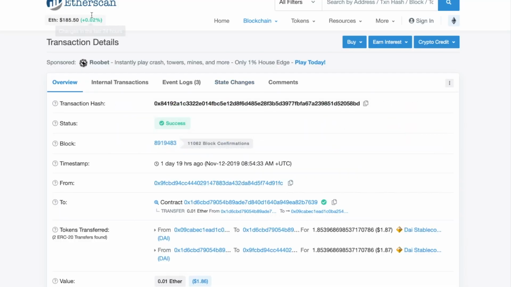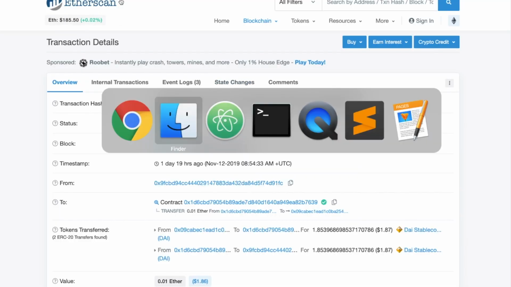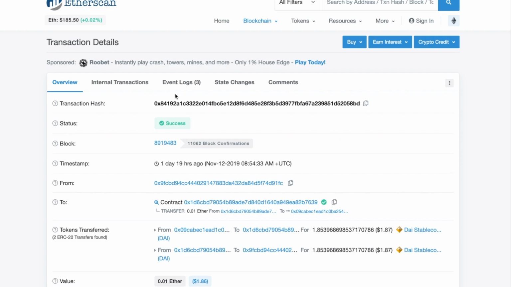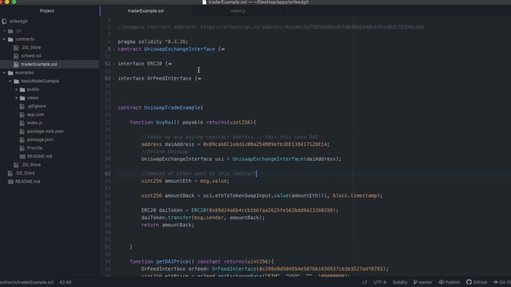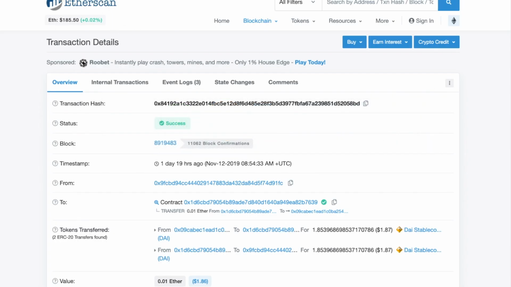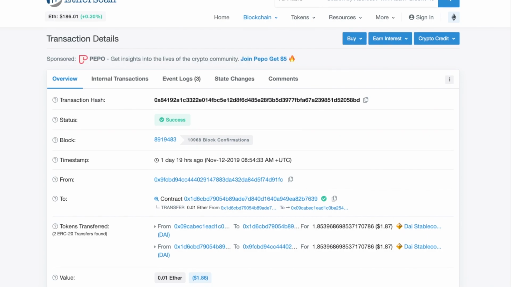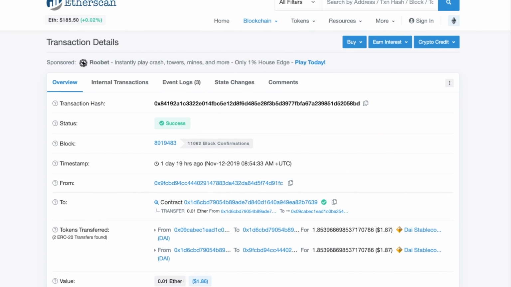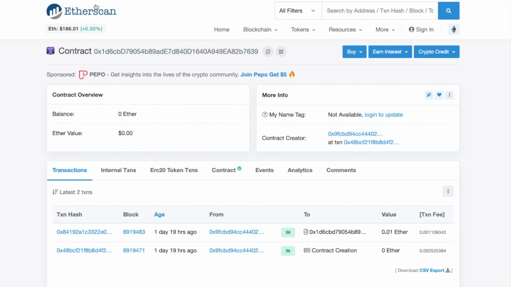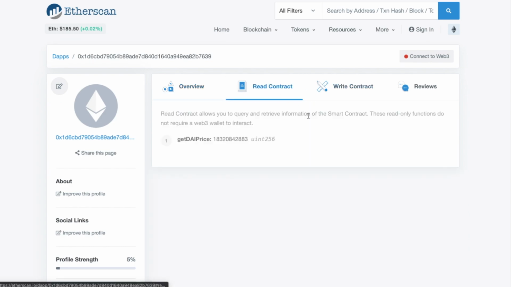Additionally, you can interface with it directly. For example, we have this address here. You can switch out the word address for DApp. Instead of address, I'm going to type in DApp. What this lets me do is read the contract.